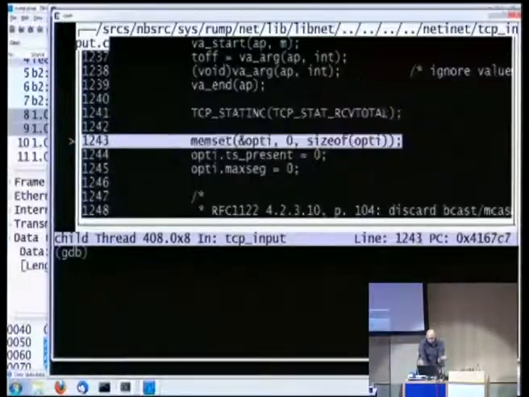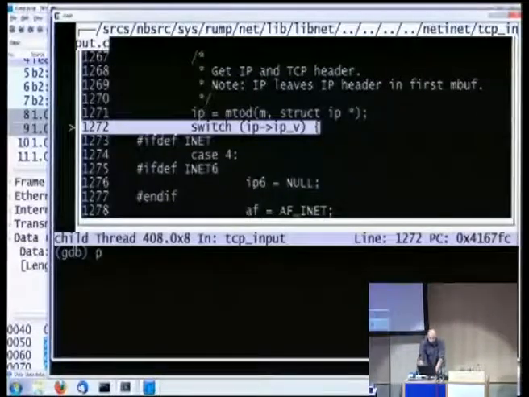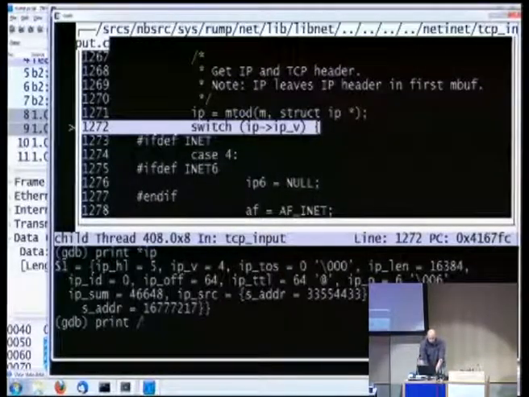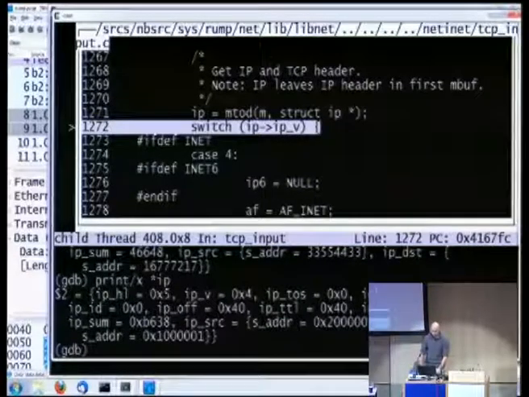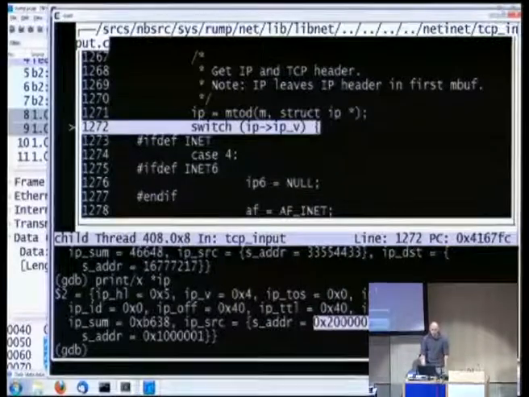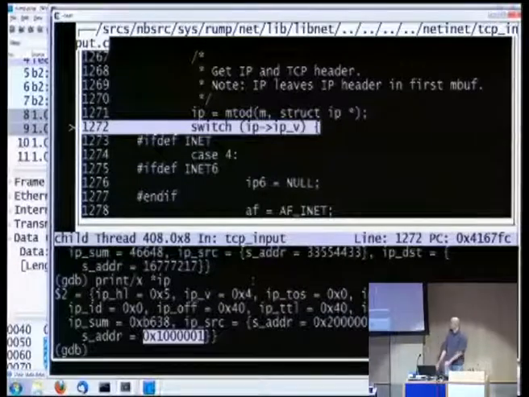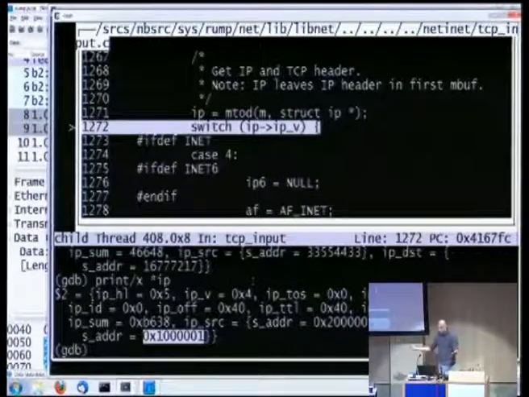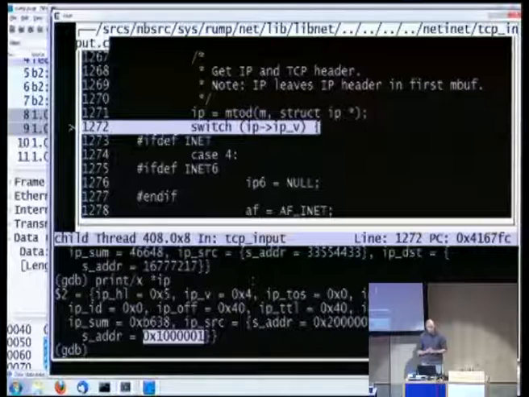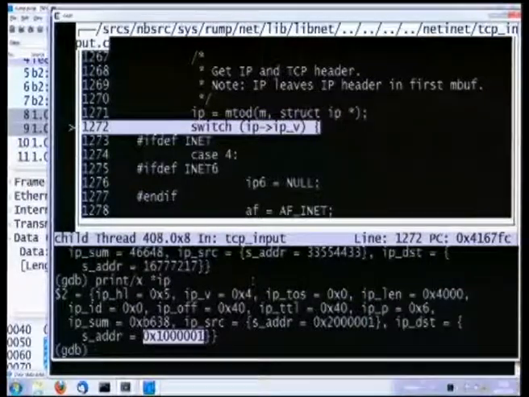We can single step this server. The client is waiting here or maybe timing out. We can again print values, like we can see that the source address of the IP packet that the server is processing is what we expect, and so is the destination address. So this example was about showing how you can run the unmodified NetBSD kernel TCP/IP stack without any privileges